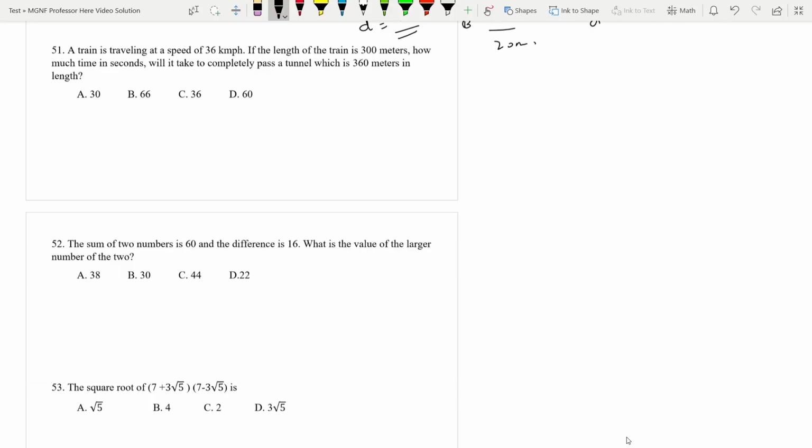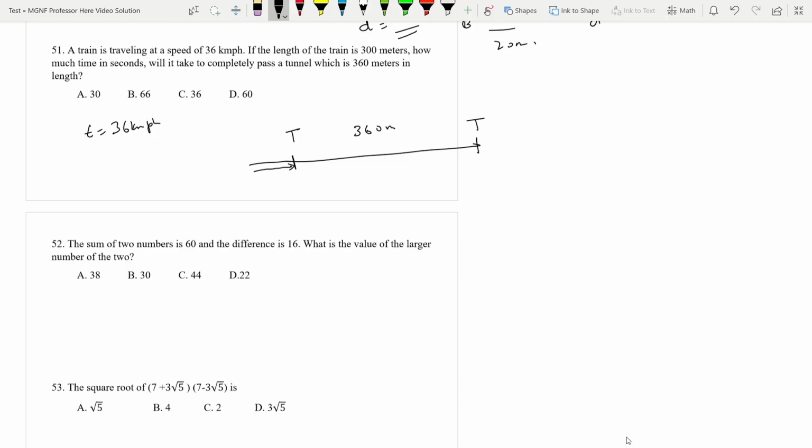So now we move on to question number 51. A train is traveling at a speed of 36 km per hour. If the length of the train is 300 meters, how much time in seconds will it take to completely pass a tunnel? Okay, so the train is coming. This is the starting point of the tunnel, and this is the ending point of the tunnel. The tunnel is 360 meters. The front of the train has to travel this 360 meters,